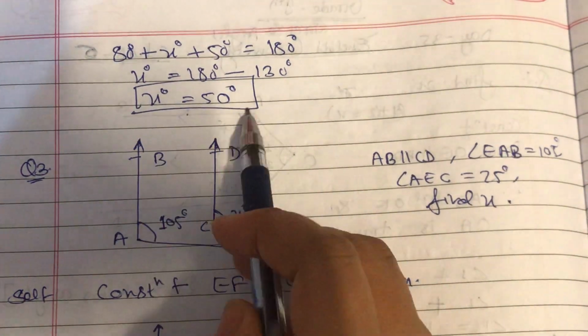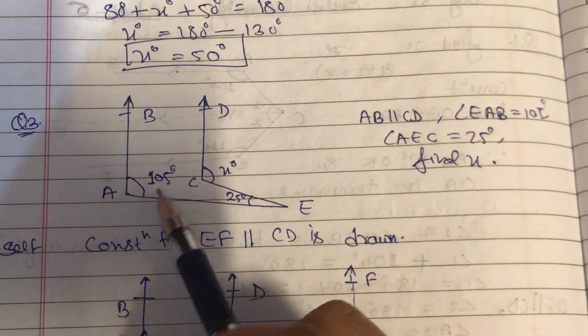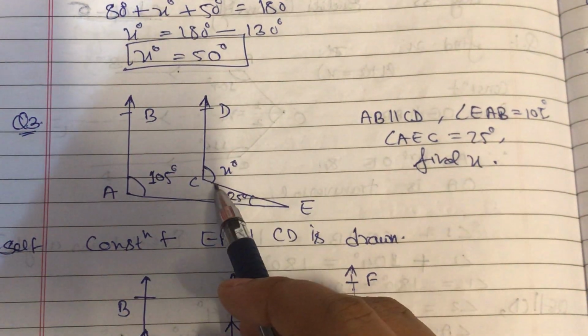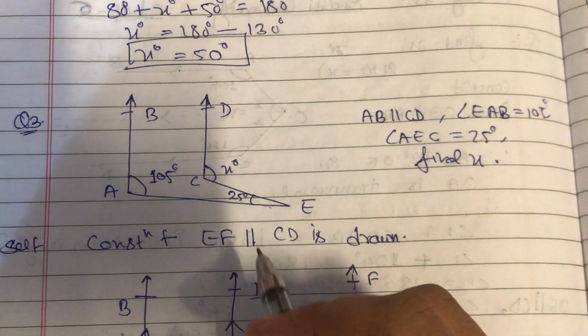So the value of x is 50 degrees. The third one: AB is parallel to CD and I have to find the value of x. These values are already given, okay? So now if